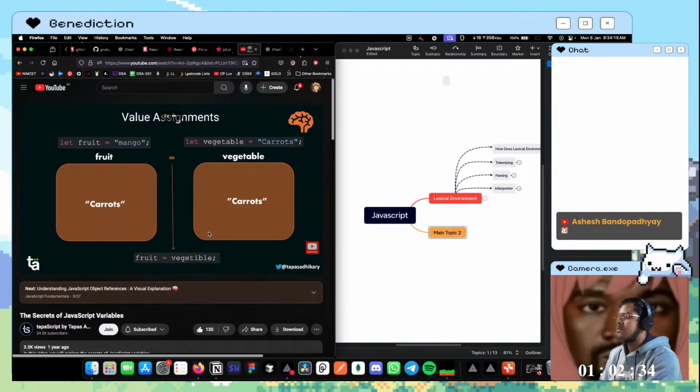So I hope this value assignment is also very clear, and how we declare, how we create, why we create, all these things are very clear. Think about a situation where you're writing a program and you don't have a variable to use, how difficult it will be. You cannot define things once and use them at a point of time. It will be really hard. So variables are very important.